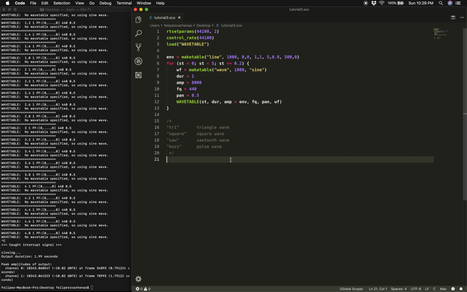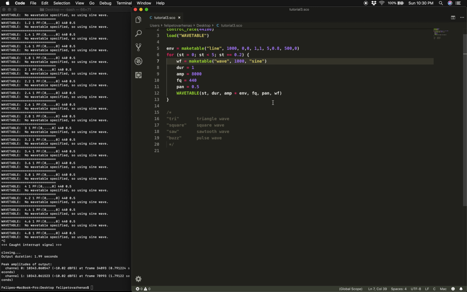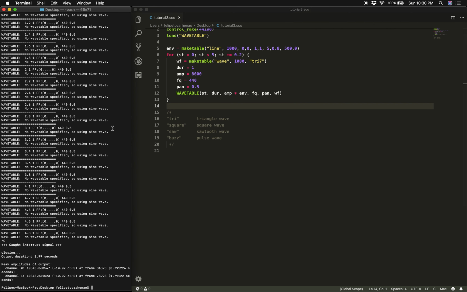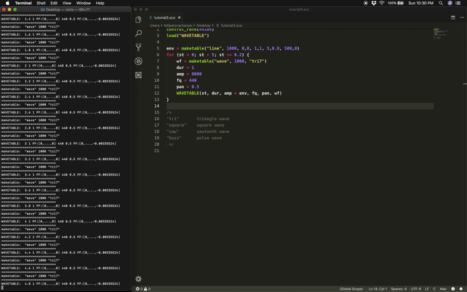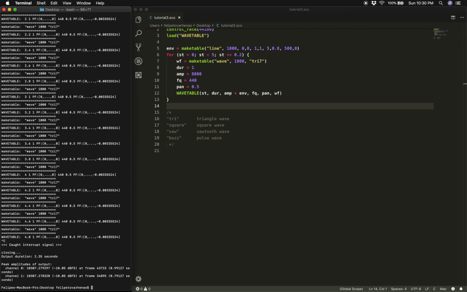Not only that, we can even go further and add a number next to the waveform type, and that number would specify how many of the first harmonics in that waveform we can use. So if we were to say triangle wave and 7 and save this file, we can play this and we get a different waveform. Now, still pretty boring, but